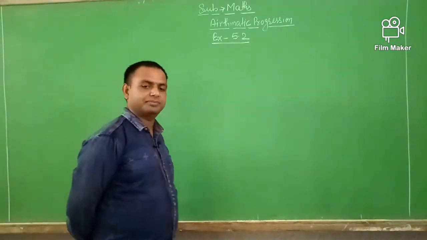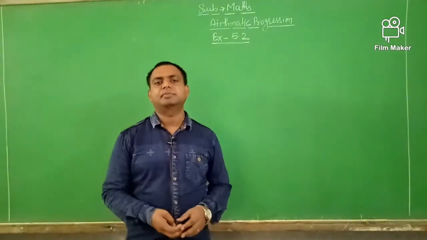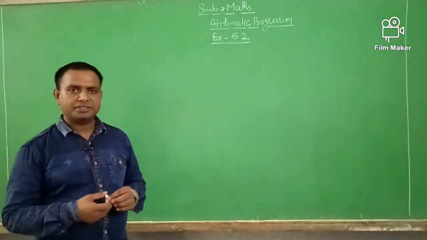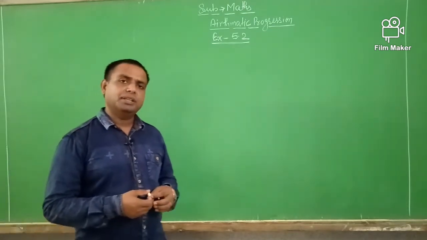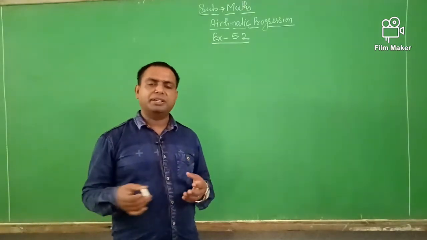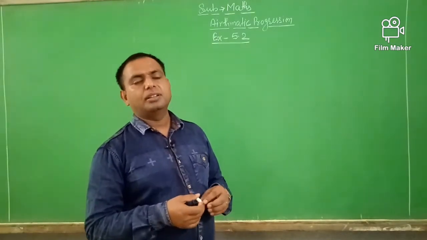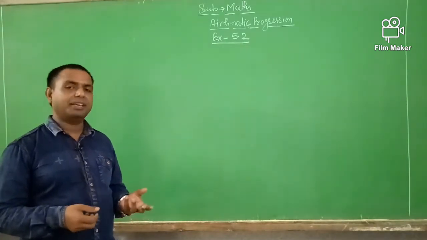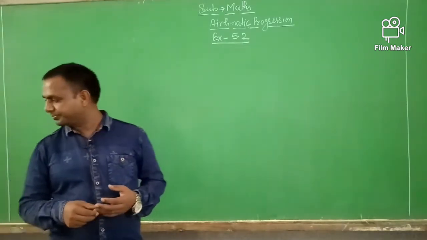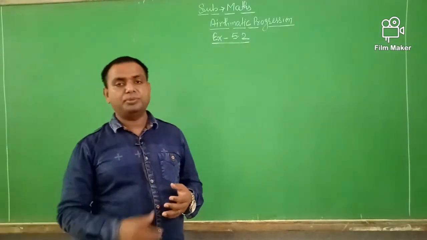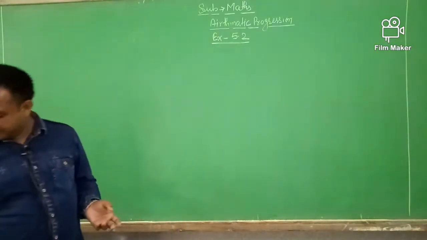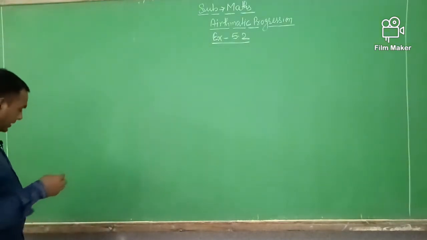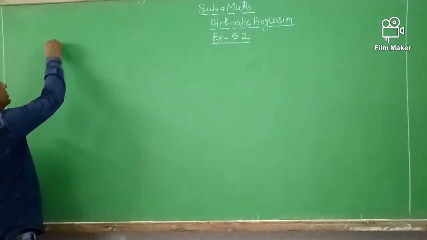Good morning, friends. In the last lecture, we solved problems related to arithmetic progressions: how we can know that a question is related to arithmetic progressions, and how we can find the first term of the AP, the common difference d of the AP, and the n terms of the AP. Today we are going to solve questions related to the nth term. Before solving them, we will go through the formula of the nth term.